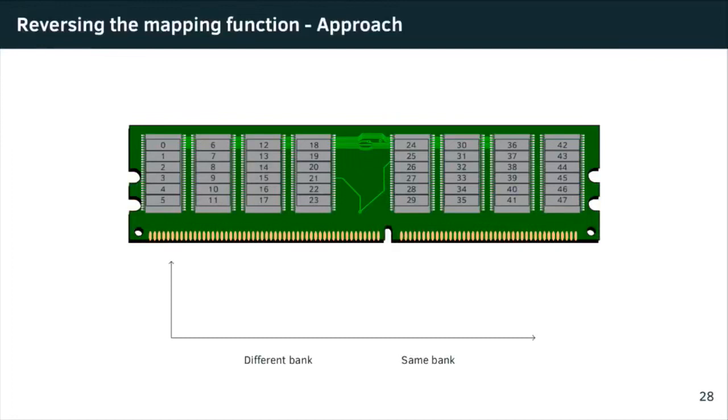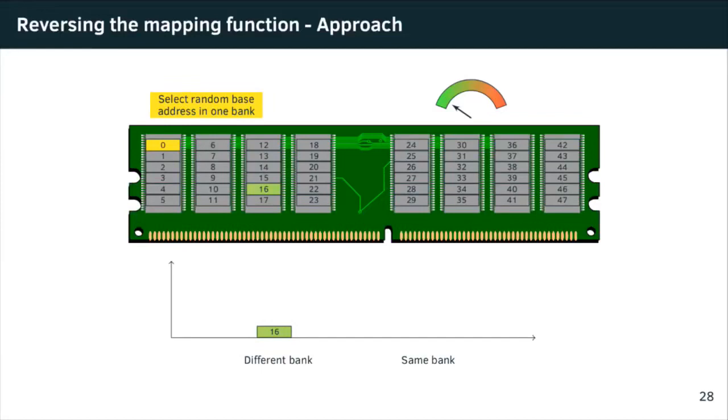And here's an animation about our approach, so what we actually do. So you can see here a DIMM, and it has the chips on it, and we call each chip a bank. And then we see that these numbered rectangles in there are the rows of the banks in the DRAM. And then we just start with one random address. We just take one completely random address, and this address will be somewhere in the DRAM. And it will be in one bank. We don't know which bank, but it will be in some bank. And then we select more random addresses. So the first one is our base address, and then we select more random addresses.